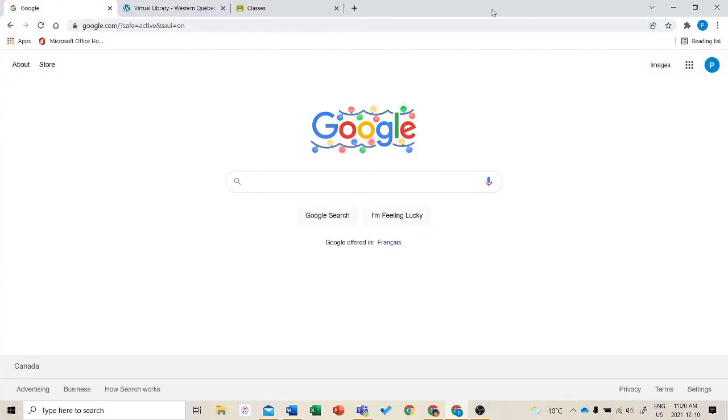First things first, you need to be signed into Chrome using your WQSB Office 365 email and password. If you forget how to do this, check out our Tech Tidbit video on how to do that by clicking on the link in this video's description. Once you've signed into Chrome using your WQSB Office 365 email and password, you need to access the text help